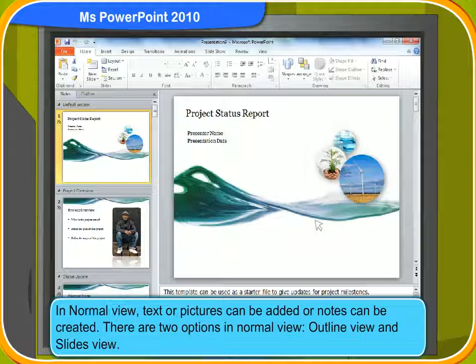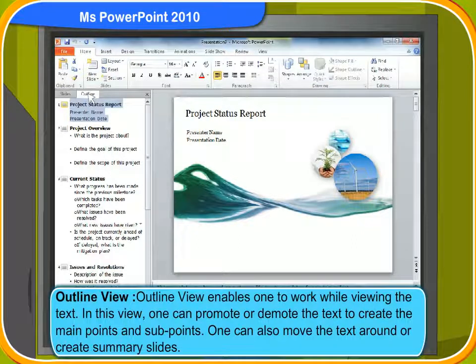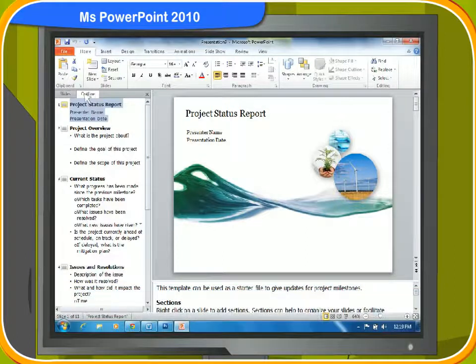In normal view, you can add text, pictures or create notes. There are two options in normal view: outline view and slides view. Outline view enables you to work while viewing the text. In this view, you can promote or demote the text to create the main points and sub-points. You can also move the text around or create summary slides.